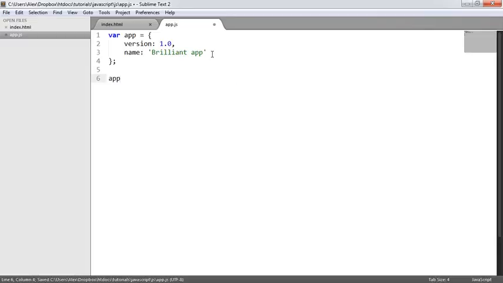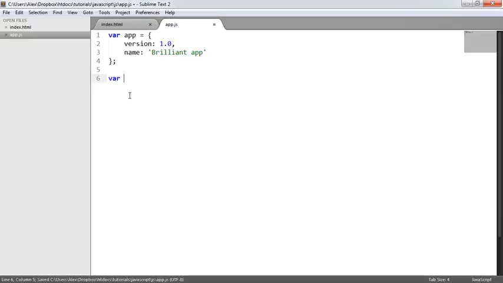We could say app.getVersion. Now what are we going to do here, because this looks like a property, and it is actually a property, but by assigning it a value of a function, it will become a method. So I could say getVersion and say 1. That's now a property of our app object. But if I assign this a function, and this looks slightly different to the way we might do it normally,